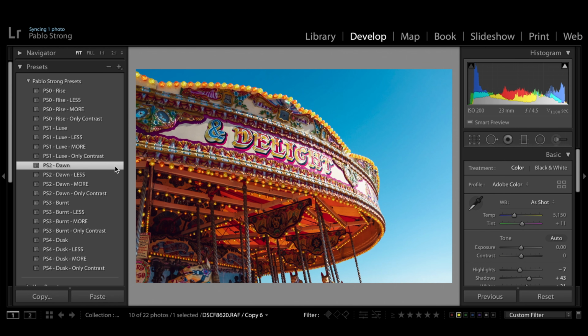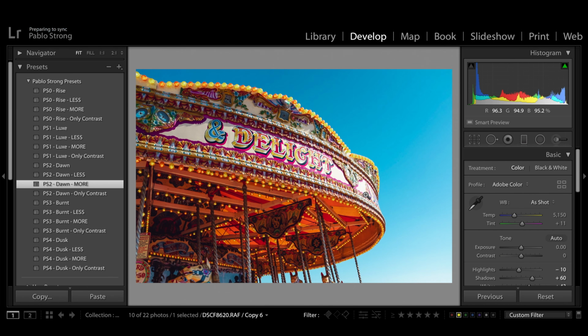It also lifts out the oranges and reds in this photo. And just applying that preset, I'm really happy with how that is. Just to have a look, we have the less and the more version. I actually think that the more version fits this photo beautifully. So I'm going to go with that one. It just brings out what's already there, and it's not really distorting the colors or the contrast too much. It still looks